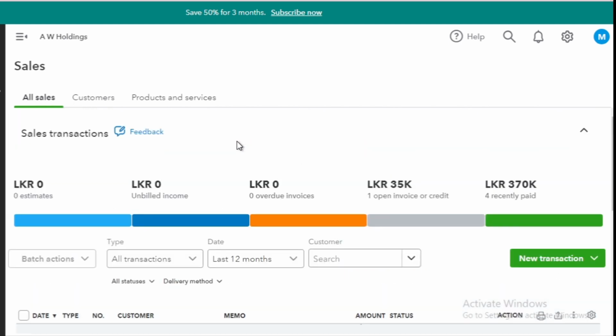It allows you to efficiently handle invoicing, manage customer information, and track products and services. The Sales page consists of 3 main subpages: All Sales, Customers, and Products and Services. The All Sales subpage in the Sales section provides an overview of your sales transactions and allows you to manage